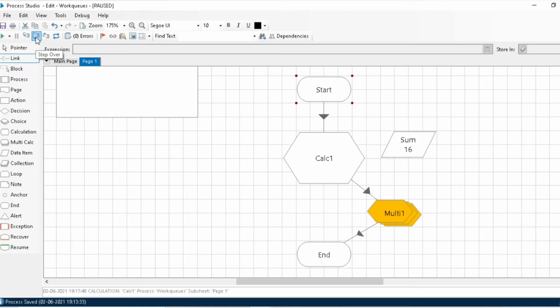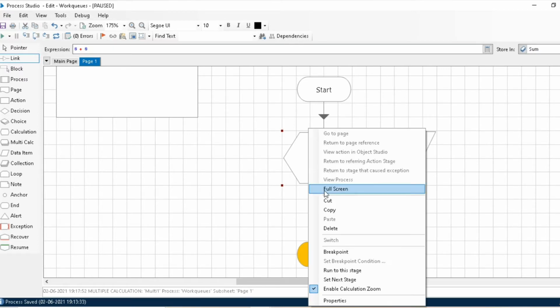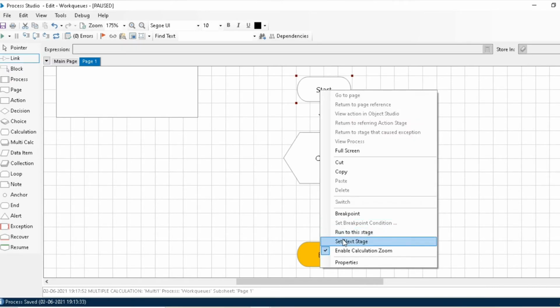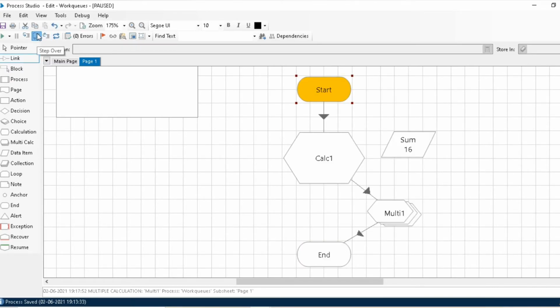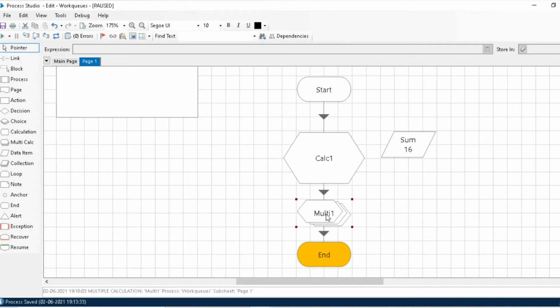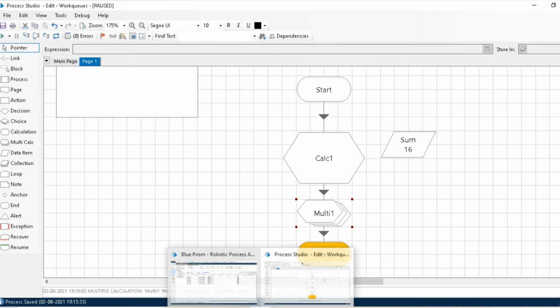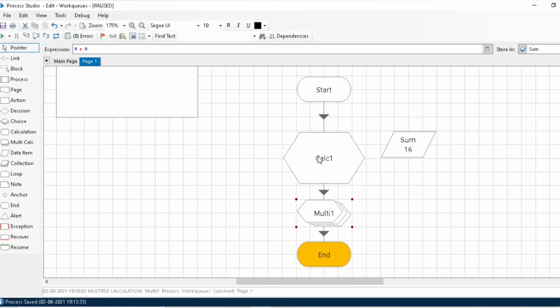Nothing is happening when the flow is coming on the multi-calculation stage. So enable calculation zoom is not working on a multi-calculation stage. It is only working with a calculation stage, because a multi-calculation may have more than one expression, so it can't show multiple expressions.